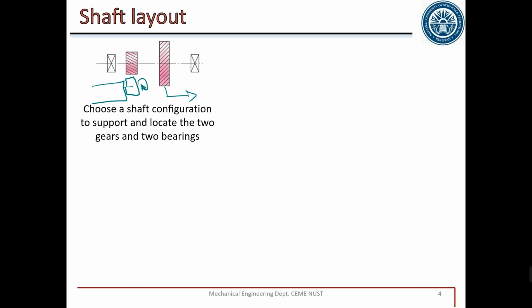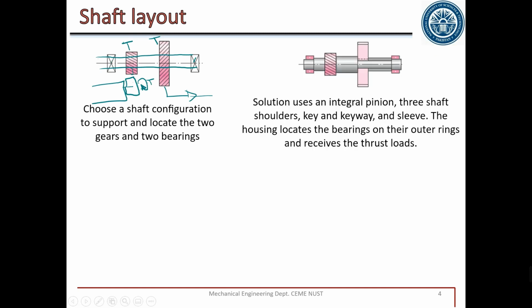So what we do, from this component there is some torque. This torque is transmitted from this gear to this shaft. There has to be a shaft. This power has to be transmitted as torque, and the torque at this component is the same. So this torque is transmitted to this shaft and it is further transmitted to the connecting component. As we have to support the shaft, two bearings are usually used to support the shaft. So the final design might be this one.